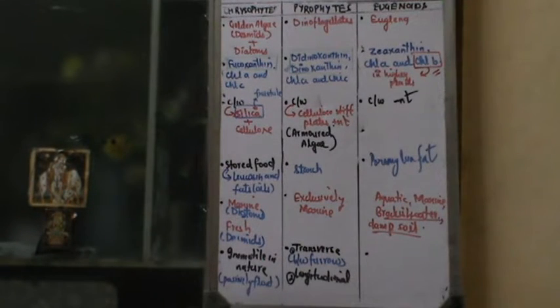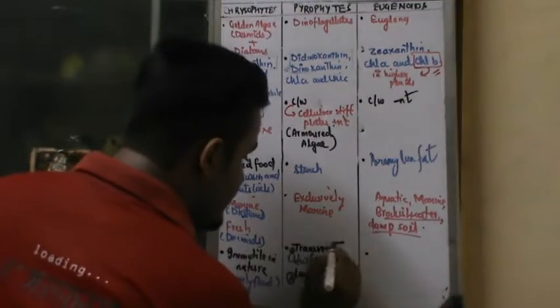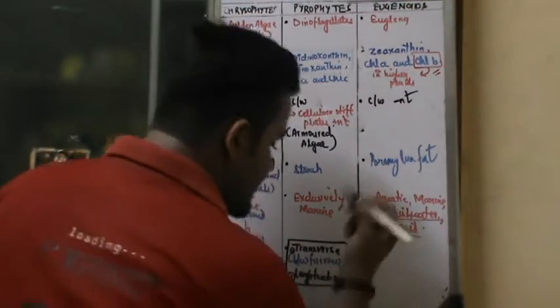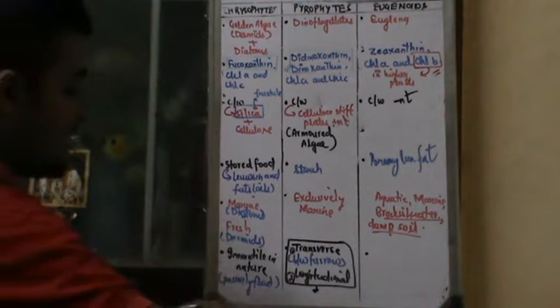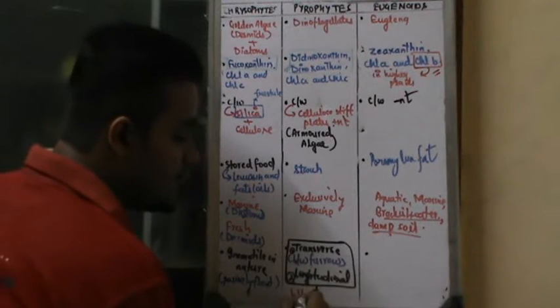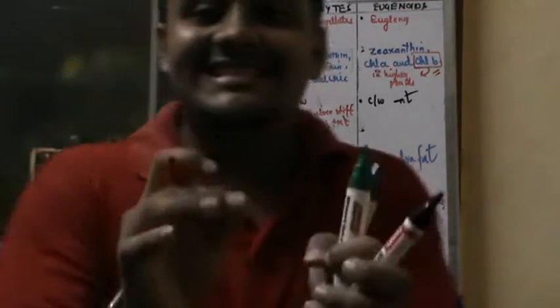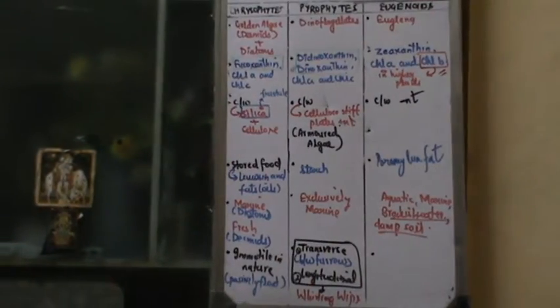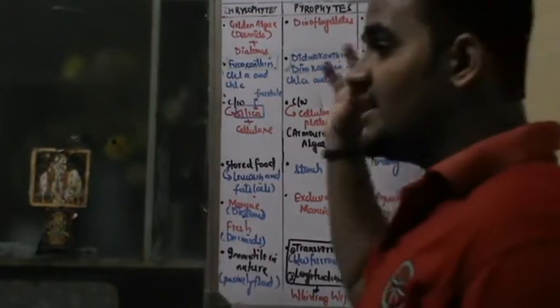Always remember, the transverse flagella and longitudinal flagella show a type of special movement which is called whirling whips. This part is very important because it is given in NCERT exemplar. You have to remember this. The particular type of movement shown by them is whirling whips. It is given in NCERT exemplar and NCERT practical. So remember there are two types of flagella in pyrophytes.